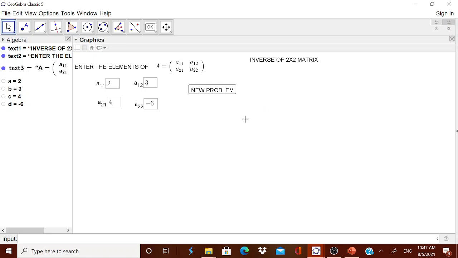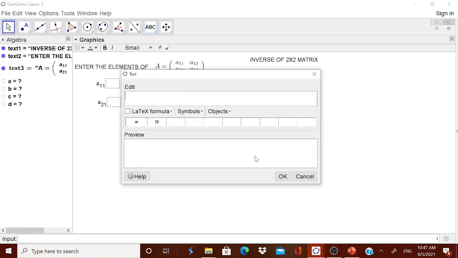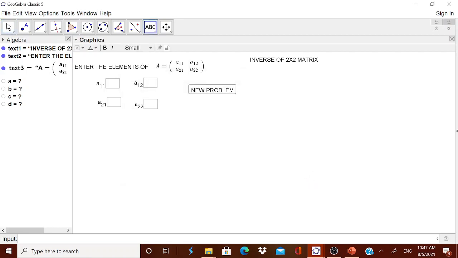This can be hidden. Now, new problem, again it will go. Now you can ask the children what the capital A is which they have found, or go to the text. Otherwise, what you can do, if you want the matrix to be formed, therefore capital A